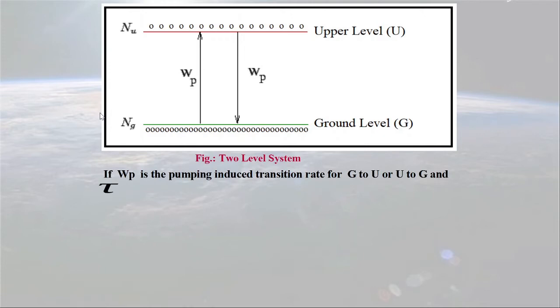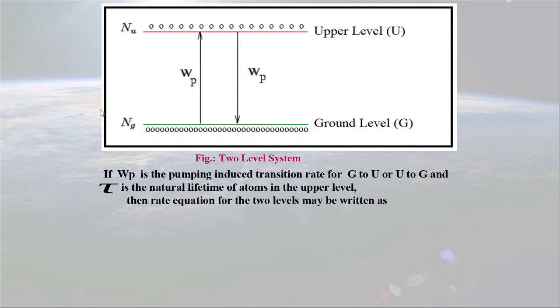If Wp is the pumping induced transition rate for G to U or upper to ground level, and tau is the natural lifetime of atoms in the upper level, then the rate equation for the two levels must be written as